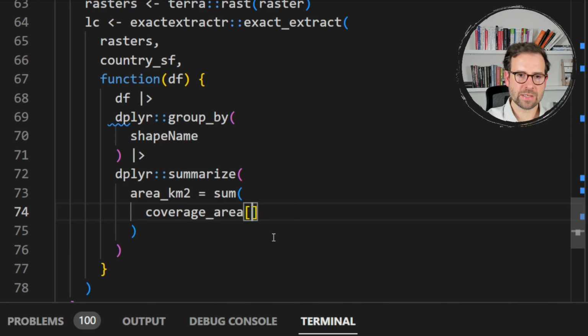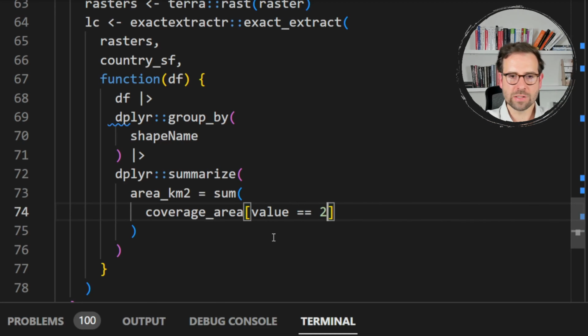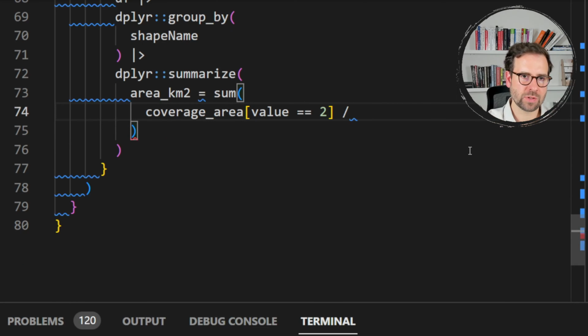But coverage area not for everything, we want only for trees. So we need to specify these brackets and say only where value equals 2. In other words, only where the value actually equals trees. And that's not all, because what this function, coverage area in exact extract R, is going to